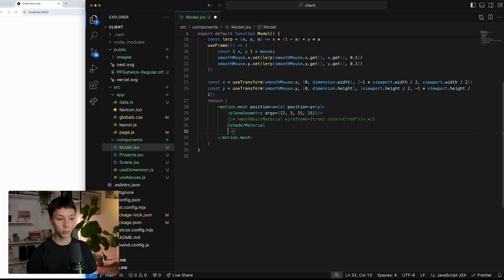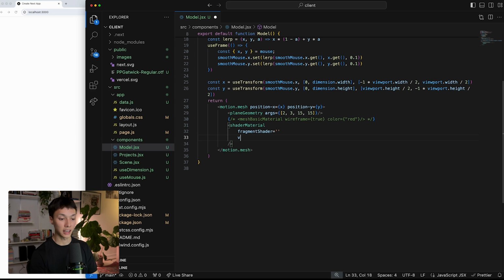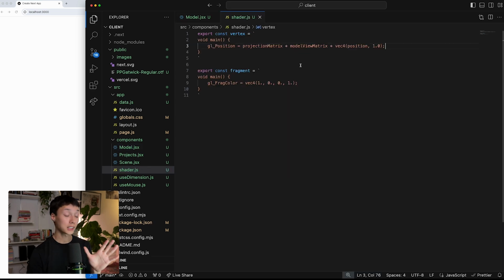And now that shader material requires a couple of things. The first thing is a fragment shader, and another thing is a vertex shader. And so that's basically how it looks. I have a vertex shader that simply returns our geometry as is, no modifications. And then I have a fragment shader that returns a certain color, and that's RGBA for the red